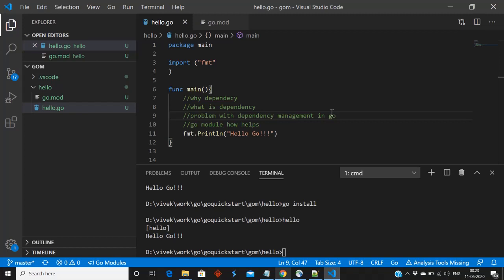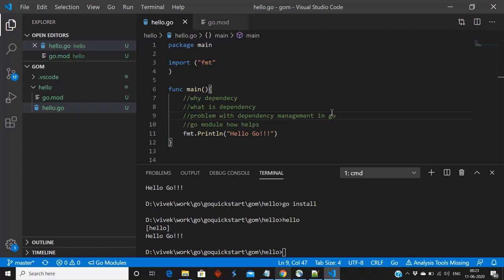So for this purpose, some person or company has already written the code and uploaded it on GitHub or any repository. We call those code dependency. We require those code for using their feature. If we take the example of log, suppose I want to add a logger in my Go program. So I am going to use the Logrus library. The Logrus library is not part of the Go core API. Some third party has written the API and uploaded the code on GitHub.